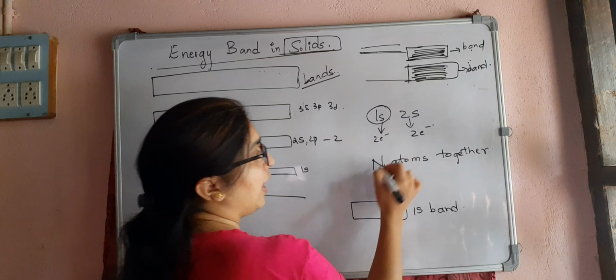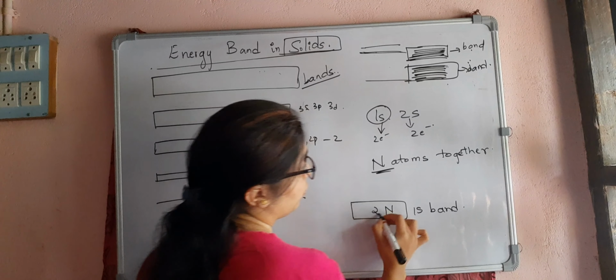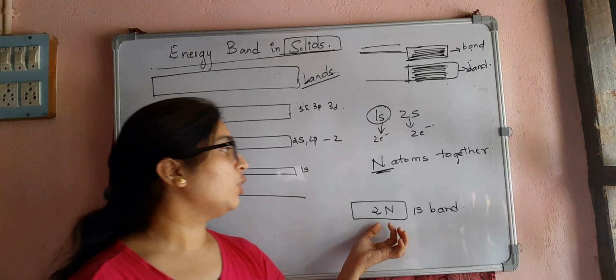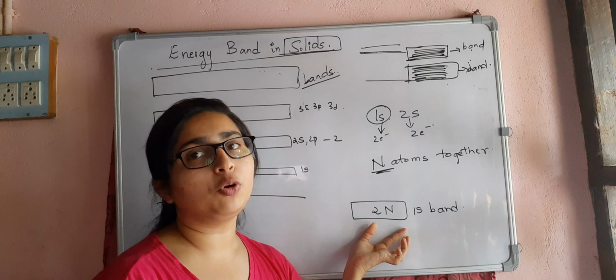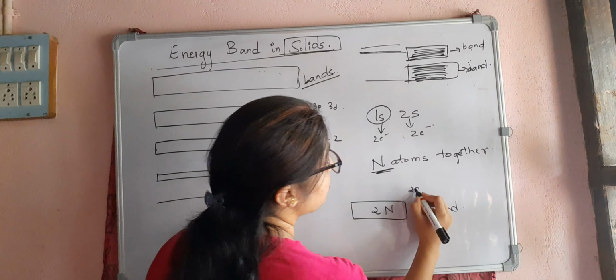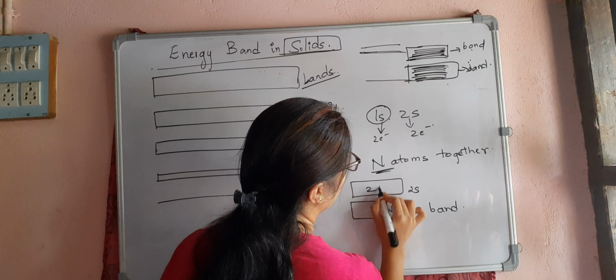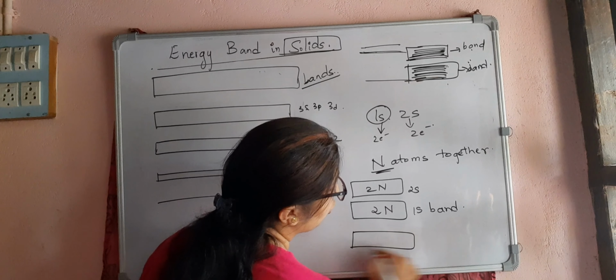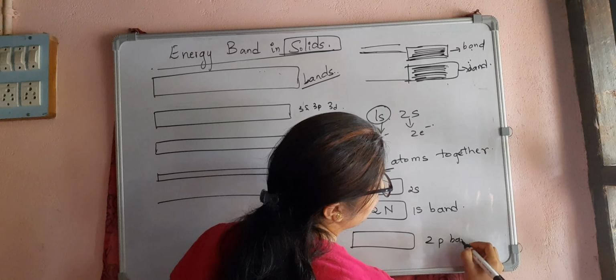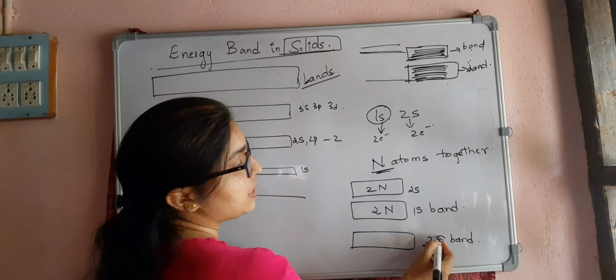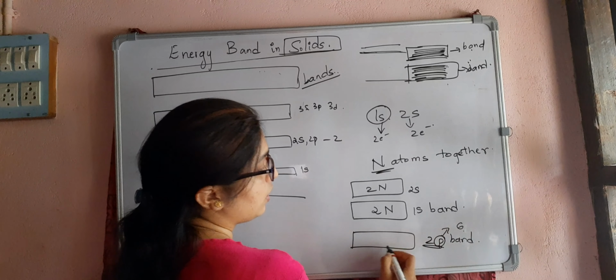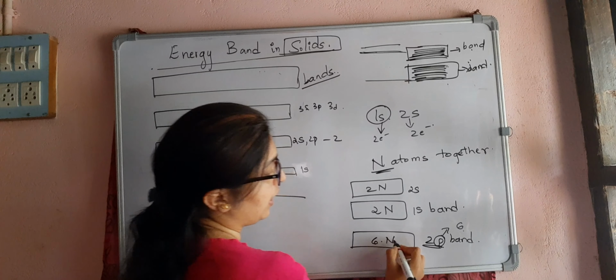Okay, n into 2, so it can accommodate 2n. Okay, it can hold up to 2n electrons in the 2s band. Then what about your 2p band? In the 2p band, p means 6 electrons, so 6 into n, 6n